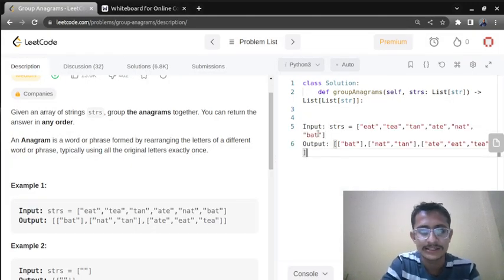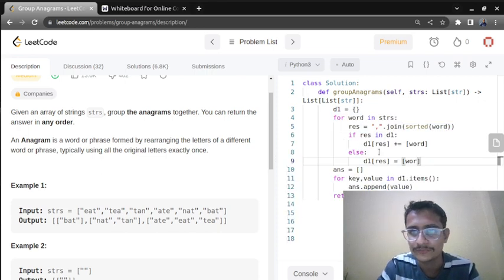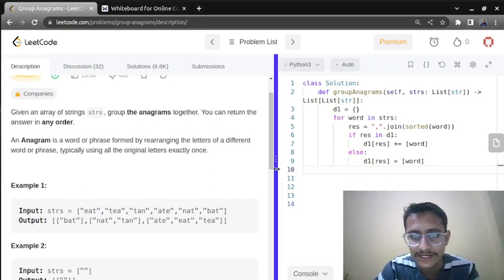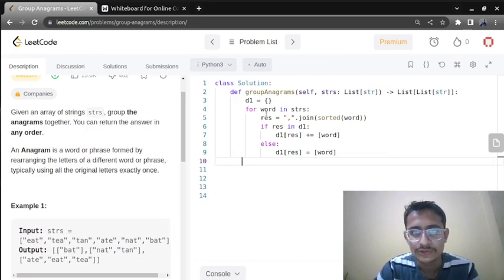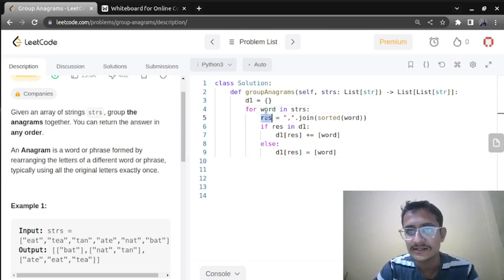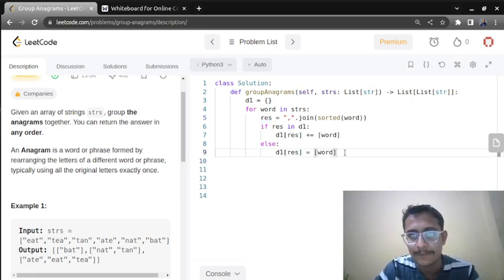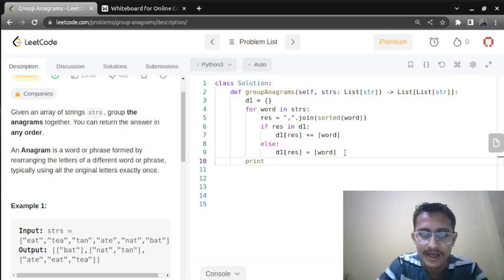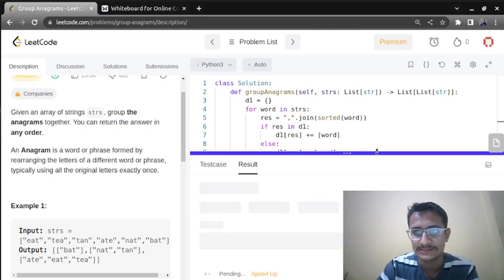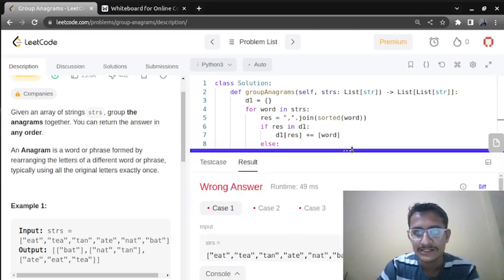So I have already written code for you, so that it will be easier for you. As of now I will not run the complete code, I will run it partially. What we have done, we have picked the word and then rearranged it and then added, and the if and else condition is applied. So I will show you the dictionary now. I will print D1 and let's see how the dictionary is created for us. Is it as expected or not?